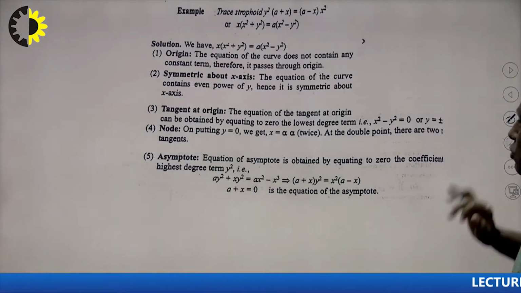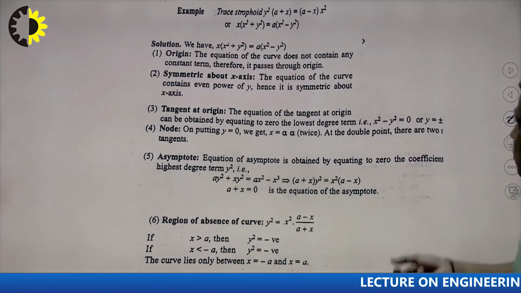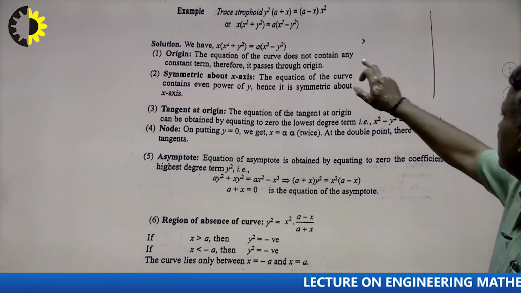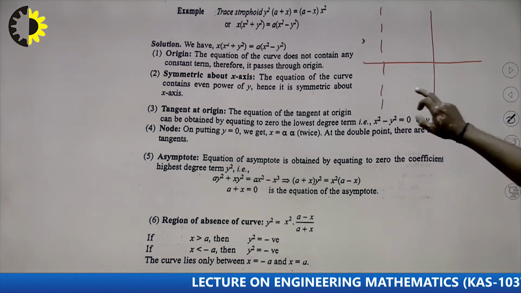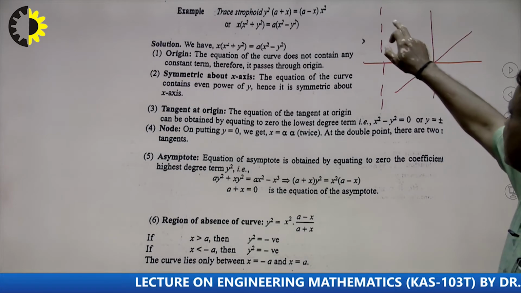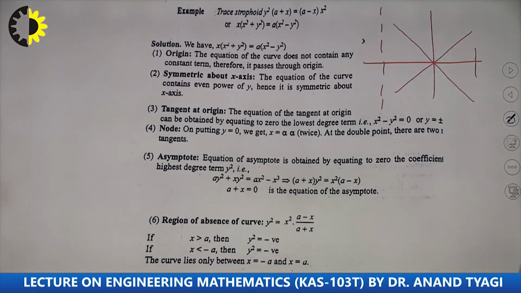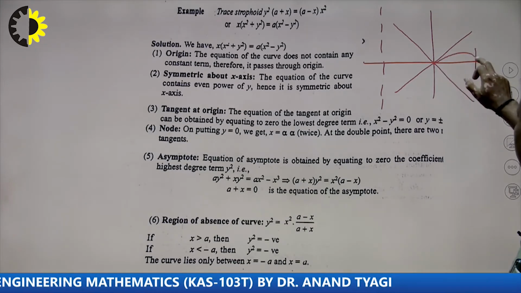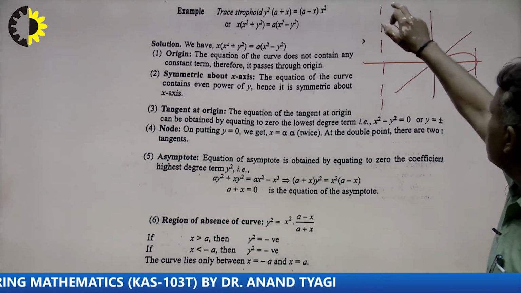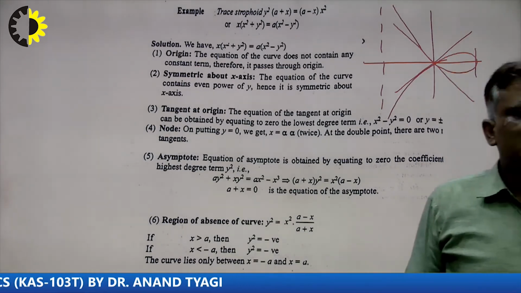Next, suppose I want to calculate the region of the curve, so where the curve exists. First of all I write here that is the asymptote of the curve, x is equal to minus a, that is one tangent, that is another tangent, and there is a point a and there is a tangent at the y axis. So how to draw the curve? This is the tangent I draw here and this is the tangent, and this goes to this side and this goes to this side. In this way the curve of this problem will look like this.